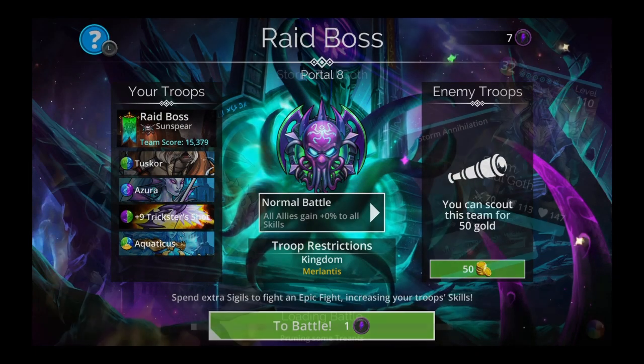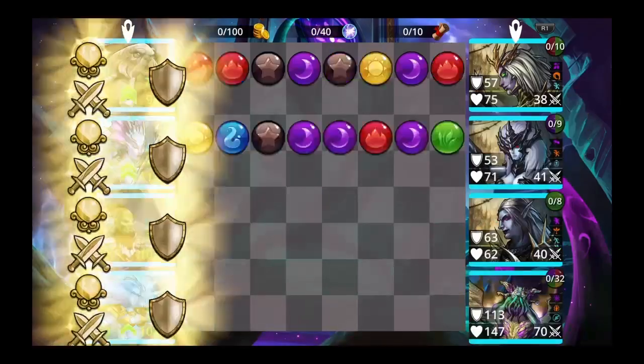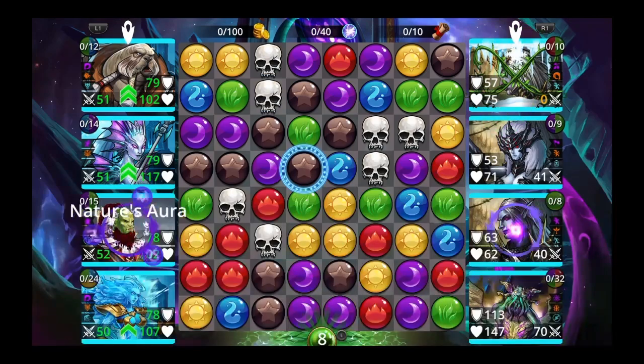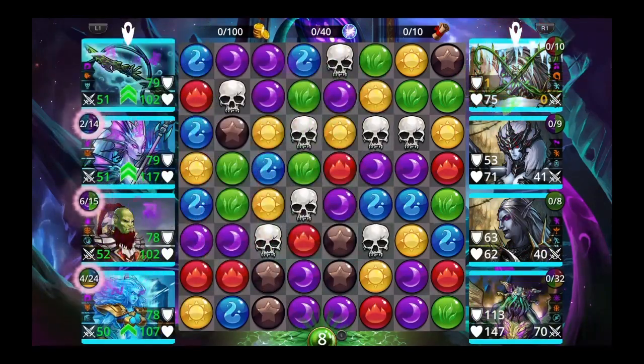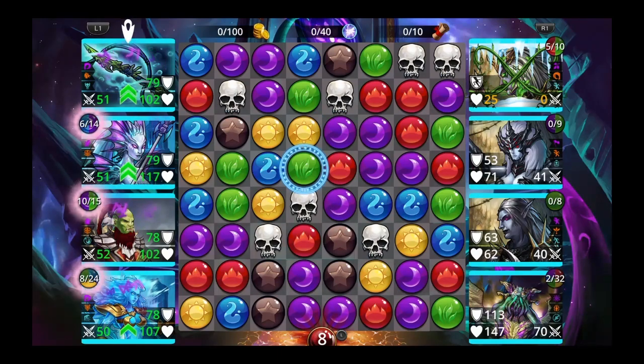And today we have the Raid Boss event. We got Zul'Goth. We're gonna be killing some Zul'Goth from Merlantis. The team I'm using is tuskr, Azura, Trickster Shot, Aquaticus, and I'm going to show another team around the 5-6